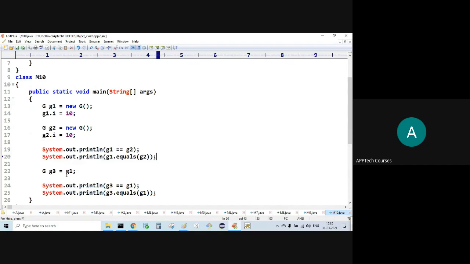Then wherever G1 is pointing, G3 also should point. G1 and G3 are pointing to the same object. Upon the G3 reference, I'm calling the equals method supplying G1.